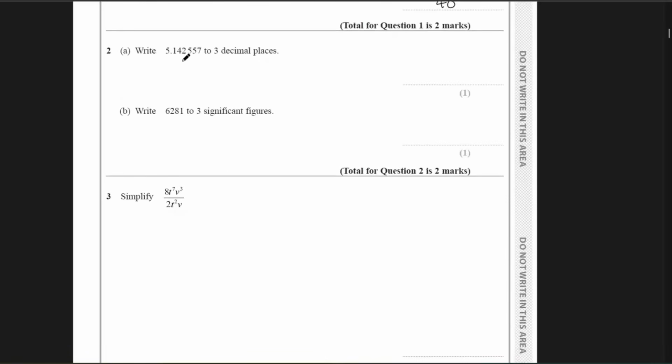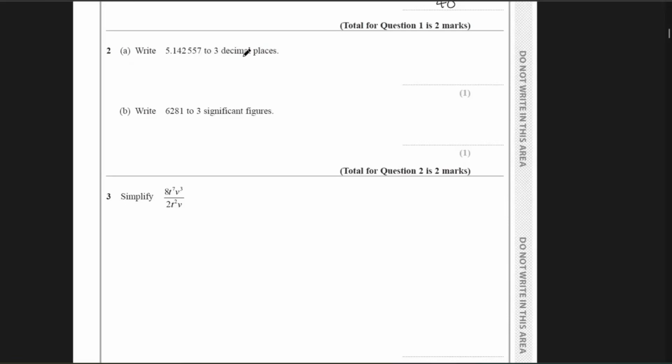We get 75 over 3000. Let's simplify this on the calculator. 75 over 3000, that gives us 1 over 40. 1 over 40, and that's the answer. Okay, question number 2. A, write